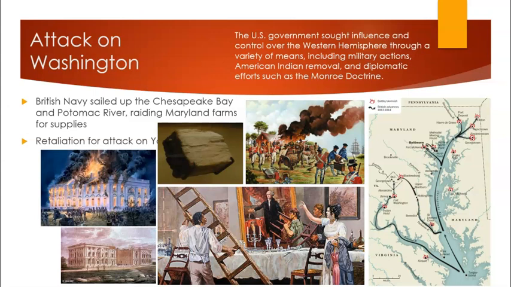They ransacked the president's house, even dining on the food that had been set out for dinner, before setting fire to many of the government buildings. During the attack, Dolly Madison, the president's wife, directed the servants to load as many of the valuables as possible to be taken away from the advancing British. She is actually credited with saving the official portrait of George Washington and the signed original copy of the Declaration